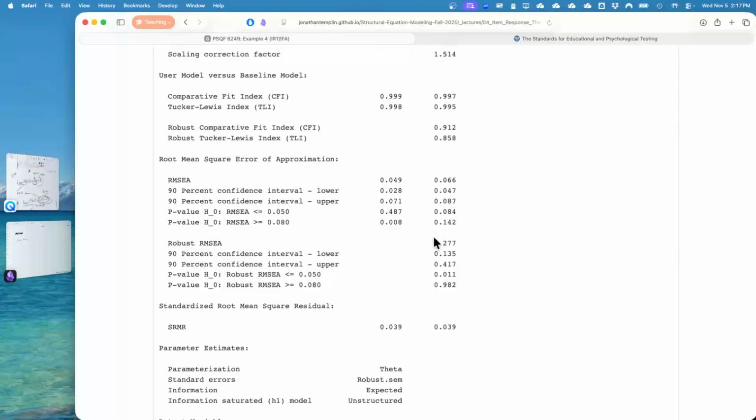Then we get down to RMSEA or the robust RMSEA, and there are some wide differences between these numbers, which is kind of hard to explain. In one case, it fits well, and in the other it doesn't. So which one do you pick? The good fitting one, of course. I say that tongue in cheek, but it's probably what people would do. Actually, I like the robust better. This is one of the weird things about model fit that looks the same in categorical data, but in practice it works a little differently. I don't know that there's great guidance right now in the field for how to look at it, apart from that you really want more stringent model fit. But when you see two numbers that diverge this much, it's because of differences in how these are actually formed.